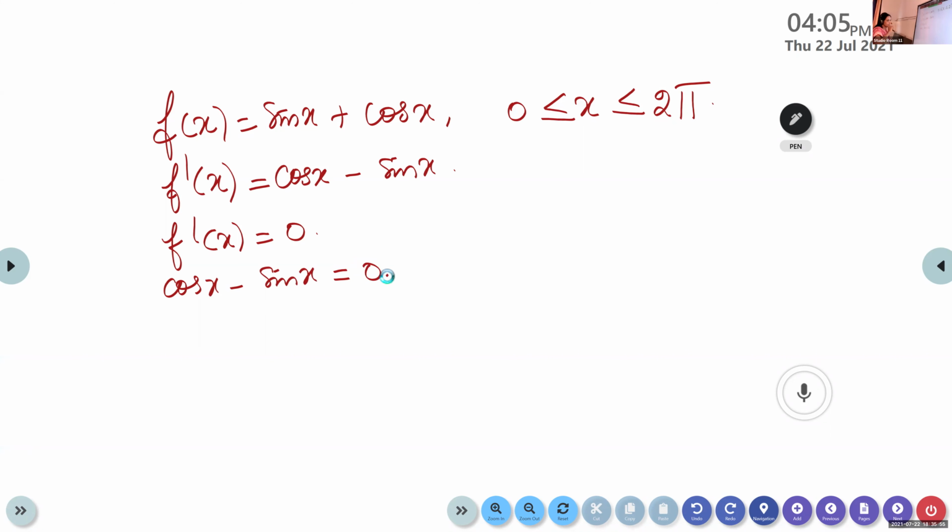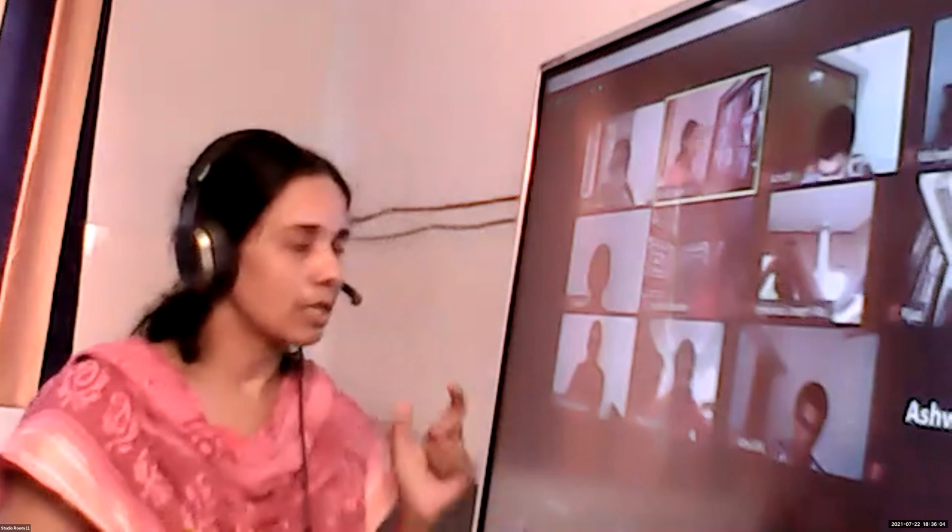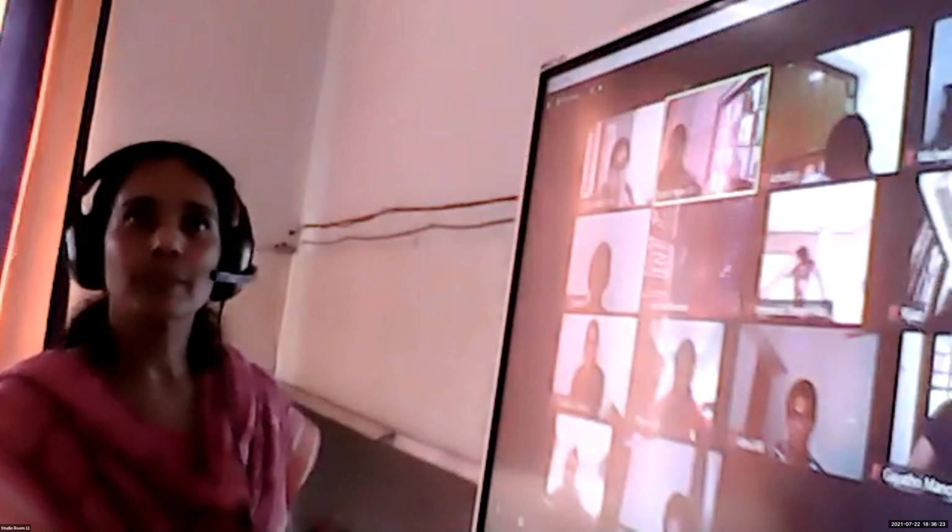Actually, there are some formulas in trigonometry. If you take your 11th standard textbook, some formulas are there for solving such equations. Cos A is equal to cos B means what is A? Some formulas are there. Instead of learning that formula, I'm going to give the solution only based on the values. Based on the values, we are going to solve it.